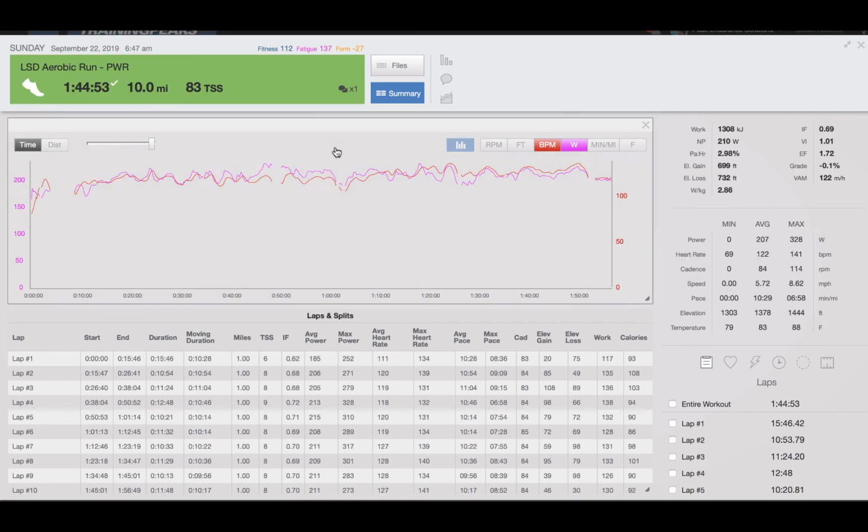Whereas if I did this one and it was cool outside and they kind of stayed together, then this might be a sign that at this specific temperature and at this pace, I was relatively aerobically fit. So again, a couple things you have to take into account, the big ones being the environmental temperature and the humidity, and then also the hydration status of that person as well when they're fueling and hydrating throughout the course